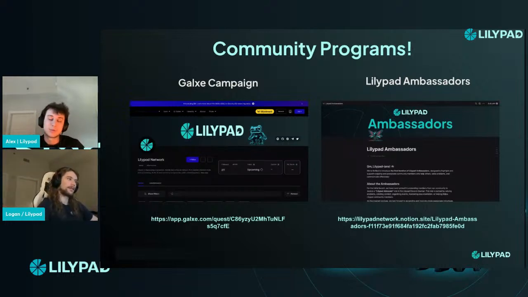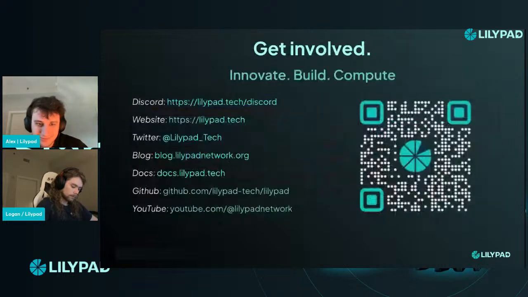We're seeing teams, or individuals, put together some awesome dashboards, some cool front ends. As we move into the next stage of the incentive net, which will be more focused on incentivizing module development, front end development, that kind of stuff, this program will become even more important and more front and center. So yeah, keep up the good work, keep participating. We see you. Yeah, so the call to action, of course, is to get involved in any way possible.